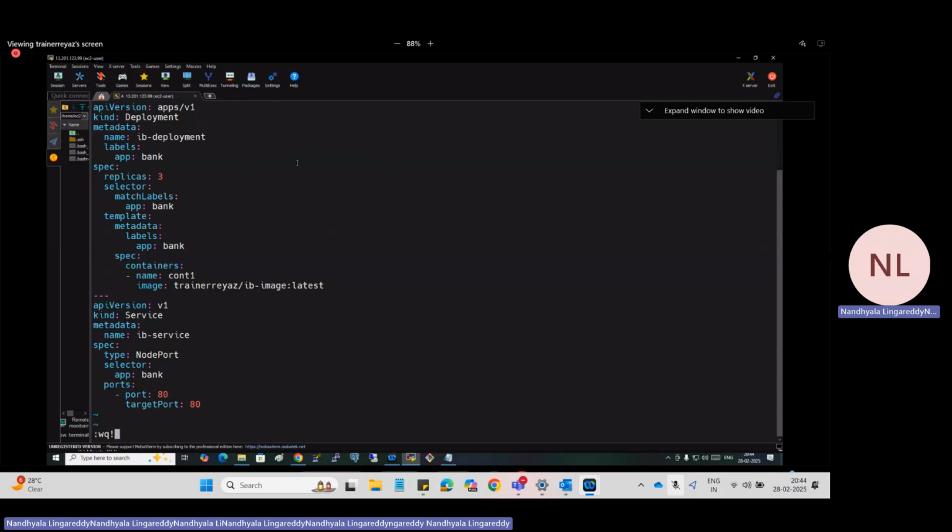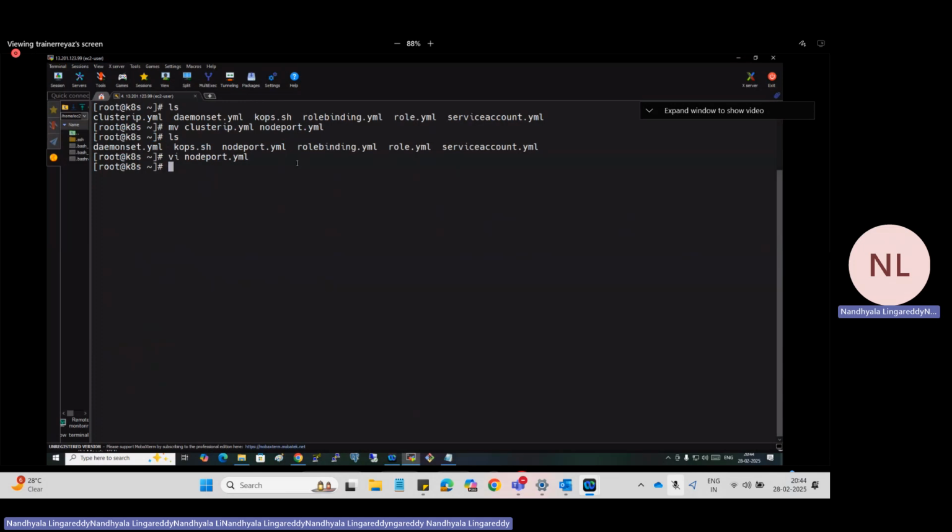But I'll show you two ways. I'm not putting it. If you don't put it, I told you Kubernetes by default will randomly generate the port number within the range of 30,000 to 32,000. Okay. So I'm not putting any port number here. Without putting the port number, I'm running it. Let's see what it shows.